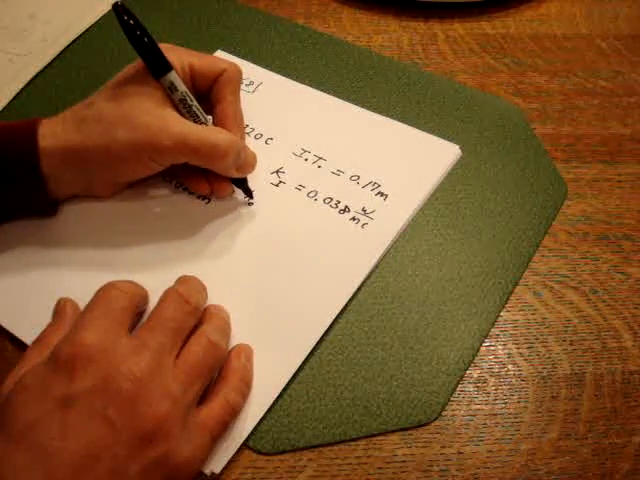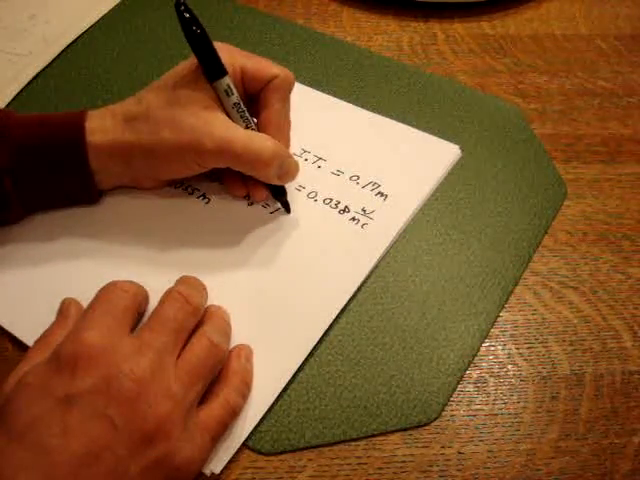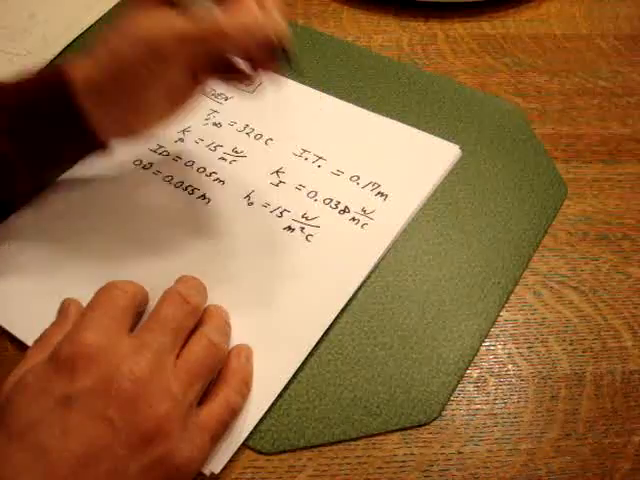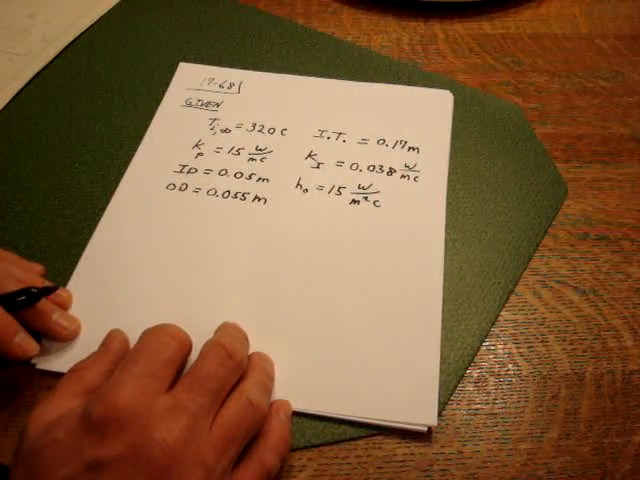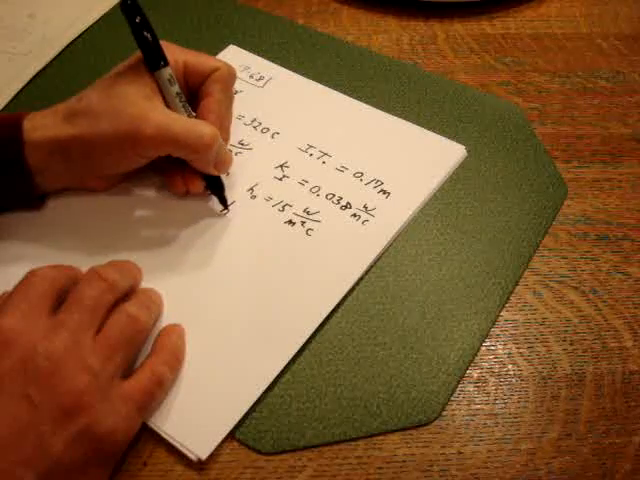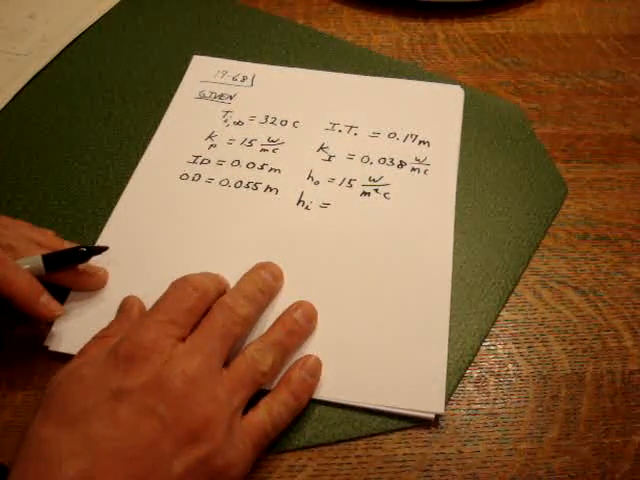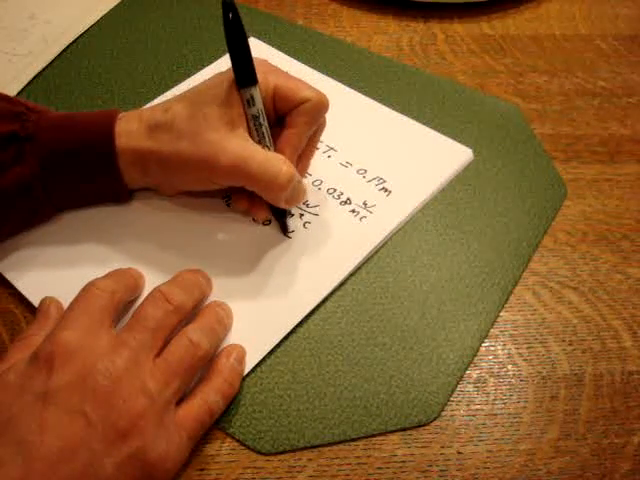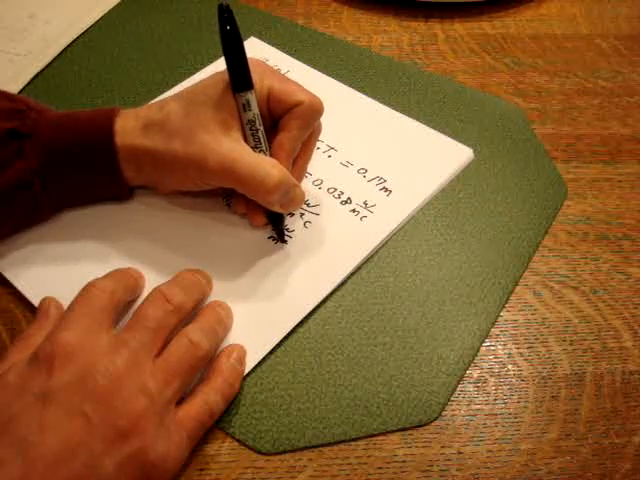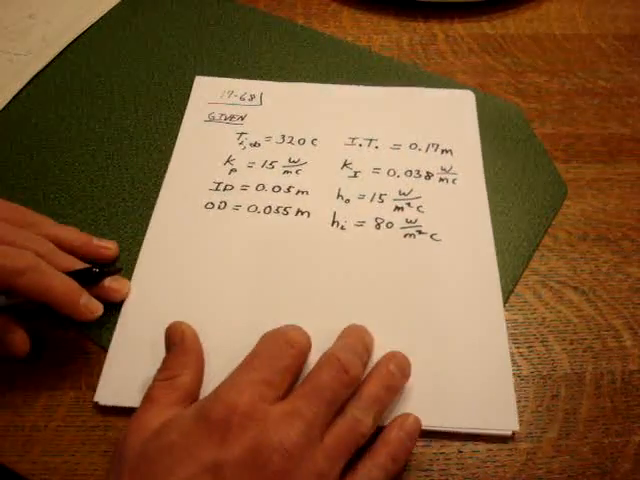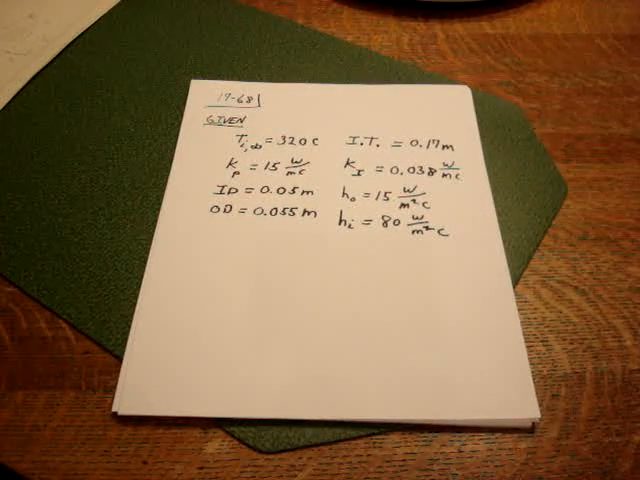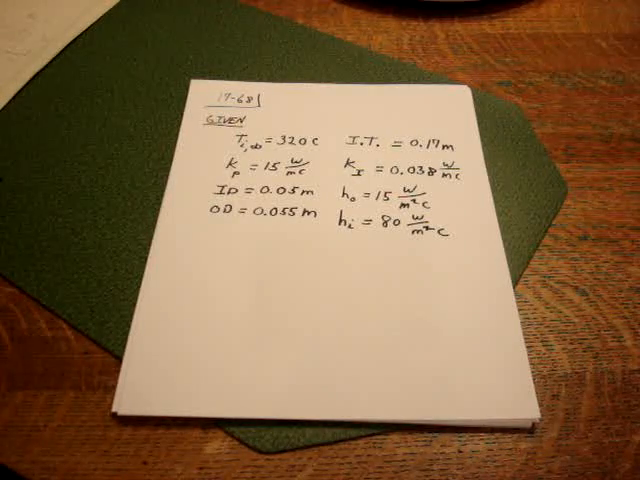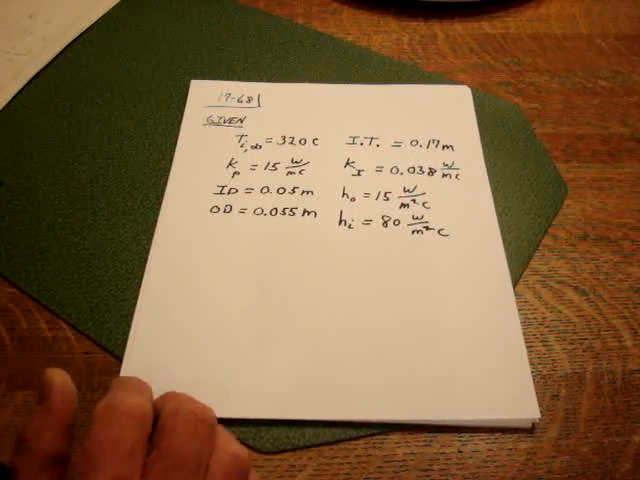The convection coefficient on the outside is given, and that's 15 watts per meter squared Celsius. The convection coefficient on the inside is 80 watts per meter squared Celsius. So this is all the information that's given. Okay? And if we look at a schematic of the problem,